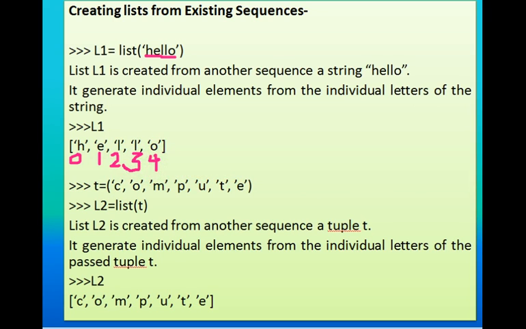You can also use a tuple to create a list. Over here you can see I have created a tuple T equal to, and for creating a tuple you have to use small brackets. The values of tuples are immutable. That means you cannot change the values in place of a tuple, whereas in a list you can change the values present in the list, hence lists are known as mutable. If you want to create a list with the help of a tuple, for that also you can use the list function, and I will be showing you practically how to do that.